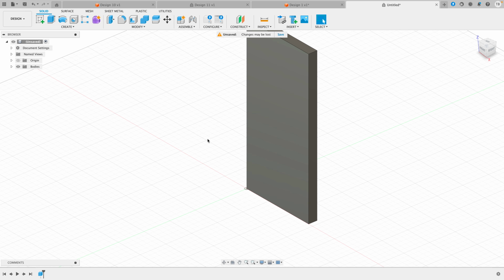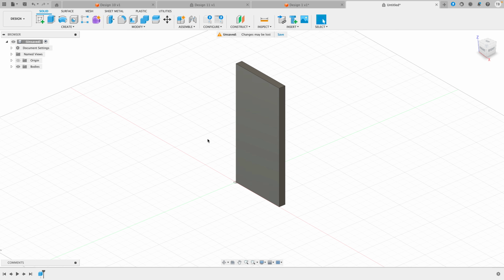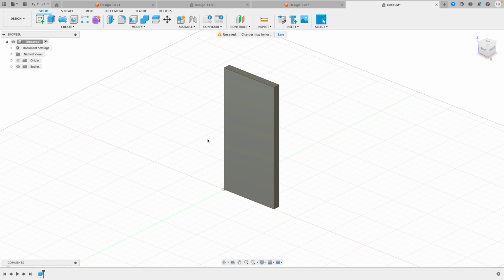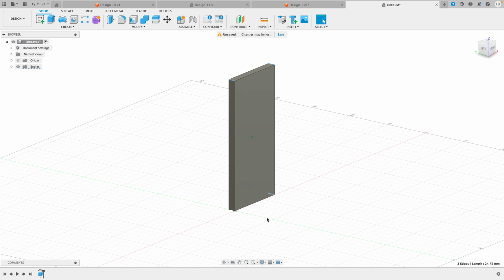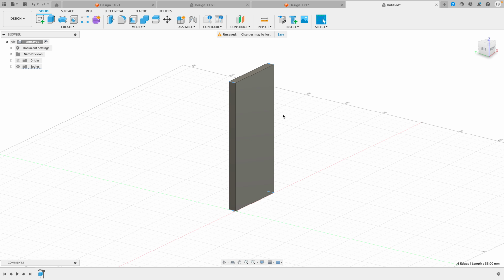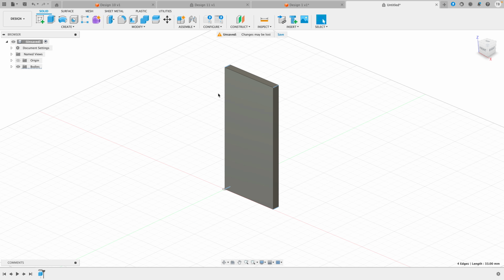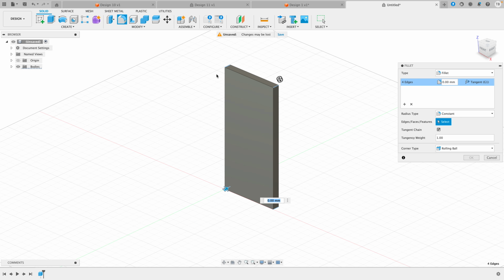Okay, so that's looking pretty good. Let me just zoom out a little bit and pan and rotate a little bit as well. So now let's go ahead and round the corners. It'll introduce you to a new tool, which is called Fillet. So we could select the edges of our shape like so. And if you hold shift, we could select multiple edges at once and then rotate around while still holding shift. And we could select all 4 of these edge corners. Now, if you go up here and click fillet, we could round the corners. So I'm going to type in 10 and just have a more realistic phone looking mock-up here,